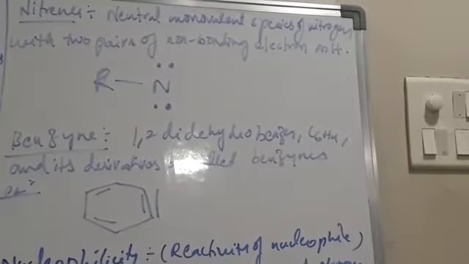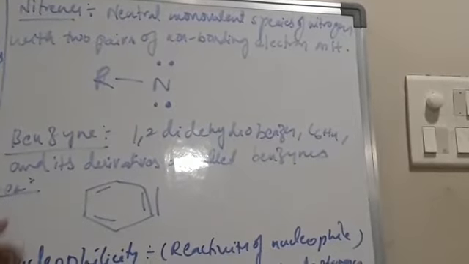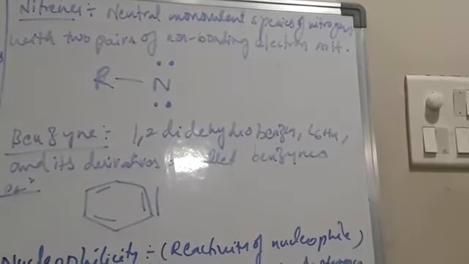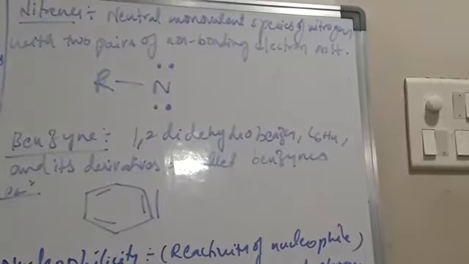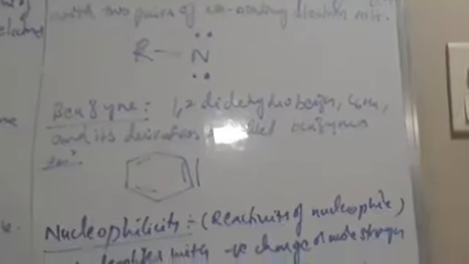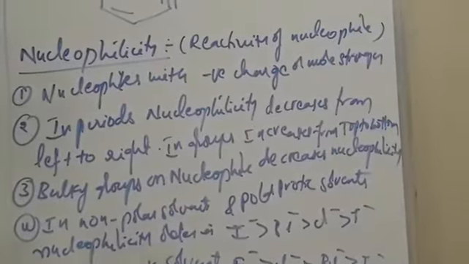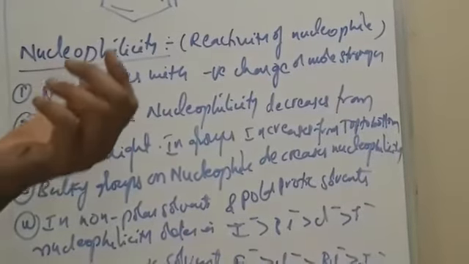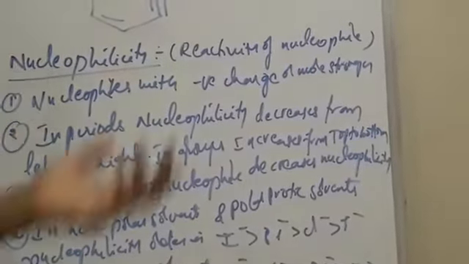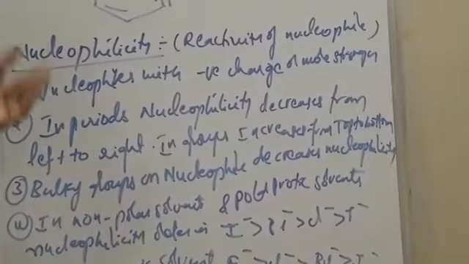Nucleophiles. Coming to one important concept regarding nucleophiles, that is nucleophilicity. Nucleophilicity indicates the reactivity of a nucleophile. You know about nucleophiles, which attract the nucleus, that is, the positive charge. Two types of nucleophiles are there, those with a negative charge and neutral nucleophiles. Nucleophiles with a negative charge are stronger.